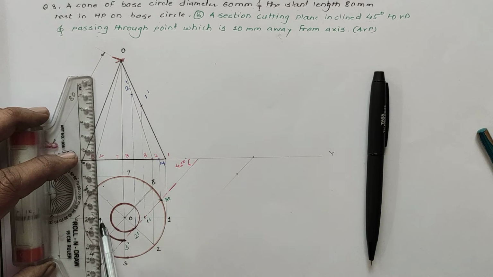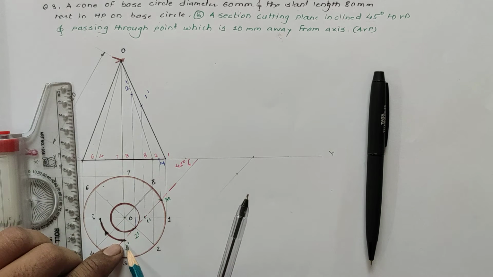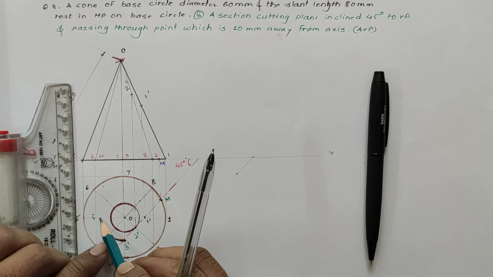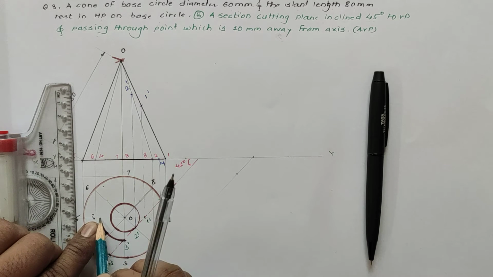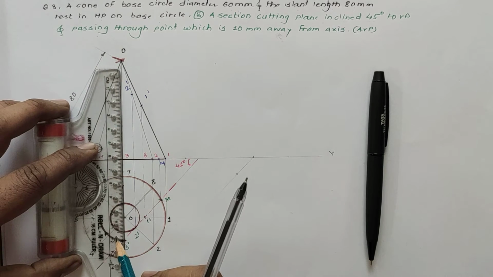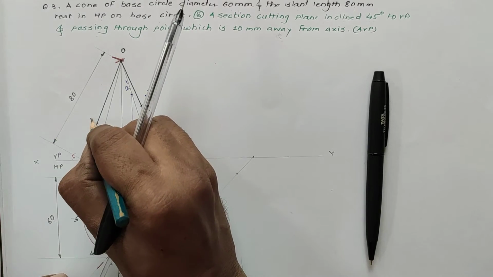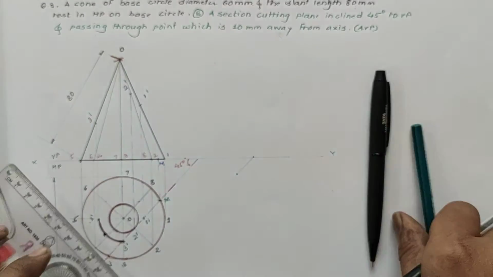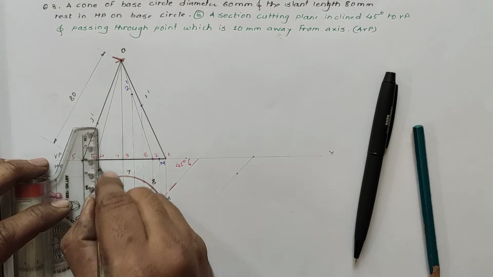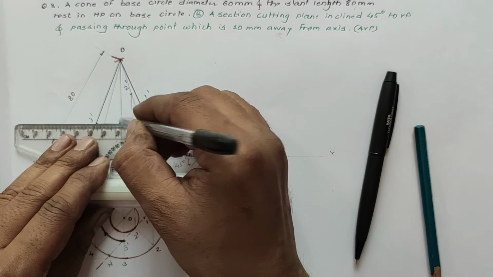Then take the vertical front projection line. First take the distance to transfer 3 dash: take the distance O to 3 in compass, mark the arc, and transfer this point onto the O5 generator. Then draw the vertical front projection line. Take this point on the O5 slant edge vertically, and then again draw the horizontal line.